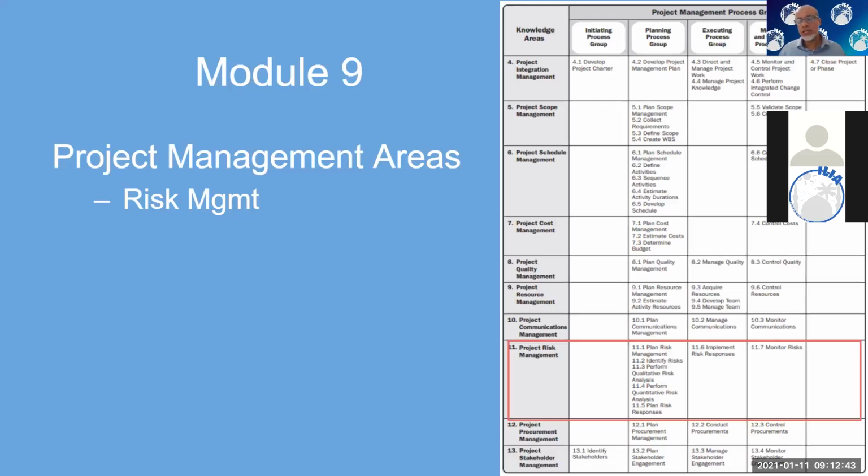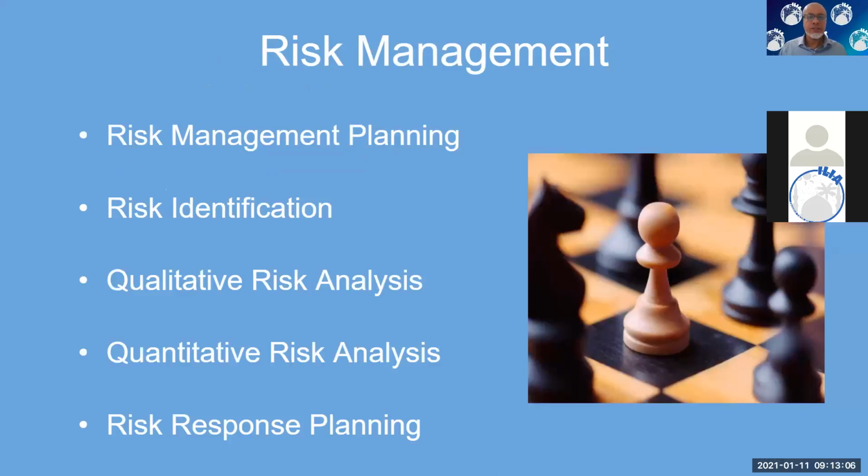When it comes to executing, you will implement some of these risk responses if they occur or you feel they are about to occur. And then lastly, you need to monitor these risks across the life cycle of the project so that you can control them, because you really don't want them to happen. And on good, healthy projects, you will see that your risk levels start to decrease as you do more work.